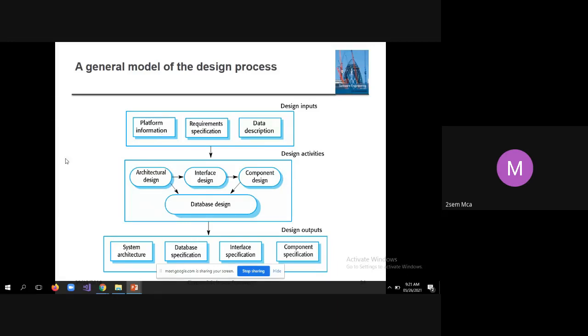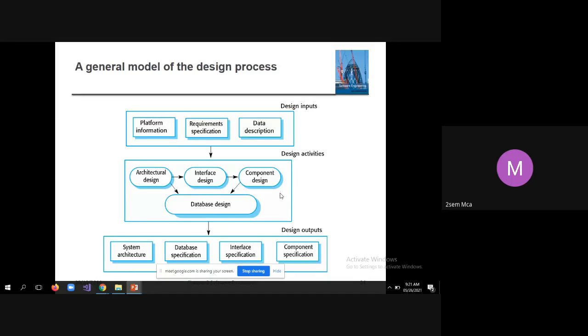Then you should know the requirement specification, then the data description. That means if you design the software, what kind of data will be dealt with by this project? With that knowledge, you can start the design activity.